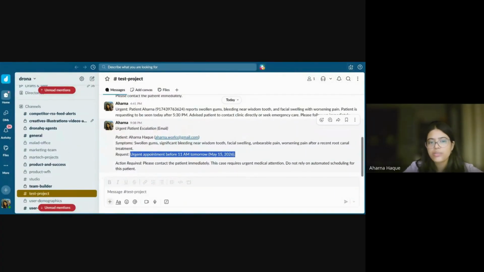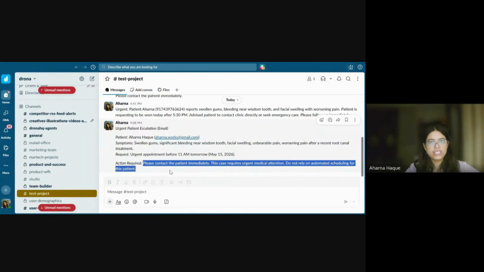And finally, the action required: please contact the patient immediately. So as you can see, a lot of manual work gets reduced and gets more streamlined via an agent. And a human can really come in at this point